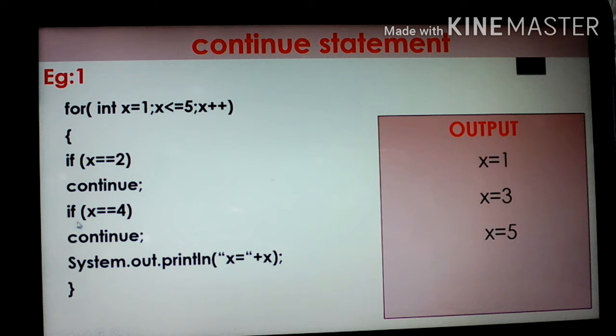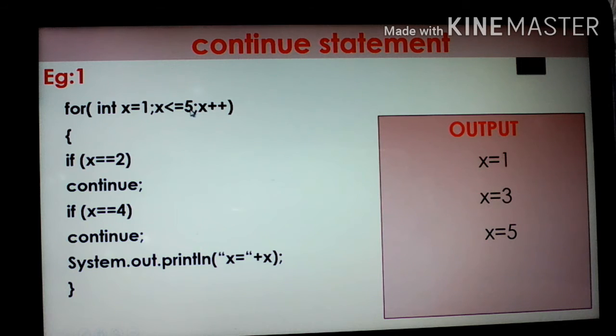So we are coming to this statement, if x equal to 4. Here also the condition is false, because 1 is not equal to 4. Then only the next statement will work out. Then we are coming to System.out.println x equal to plus x. It is printing the first value, x equal to 1. Then from here the control goes to the updation statement, x plus plus, and now the value of x